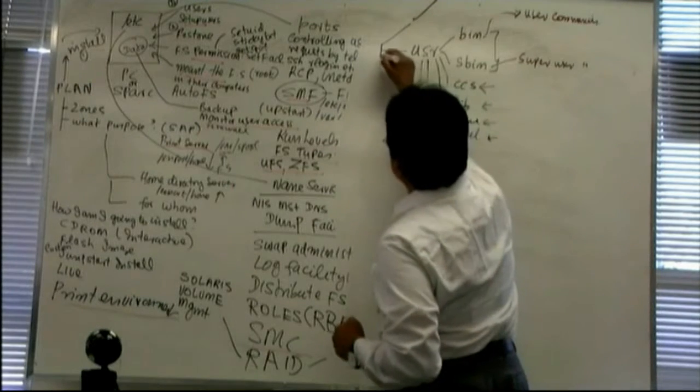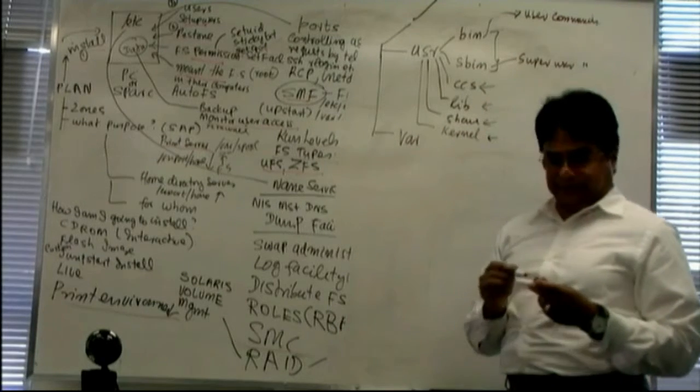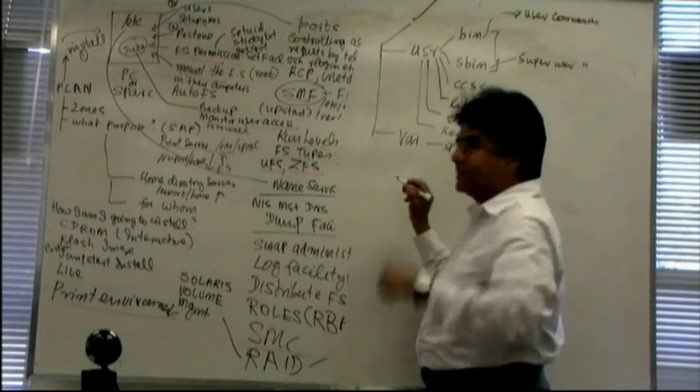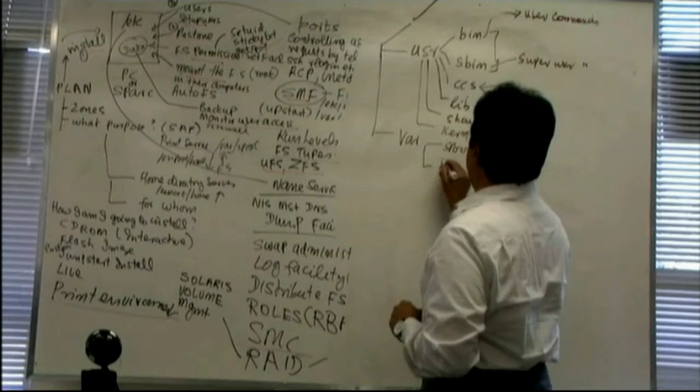So you understood that. Then what about var? What are the things under var? Spool, bin, log. You will have spool, the things which are changing in size, right? So what are the things changing in size? Spool, then log, then